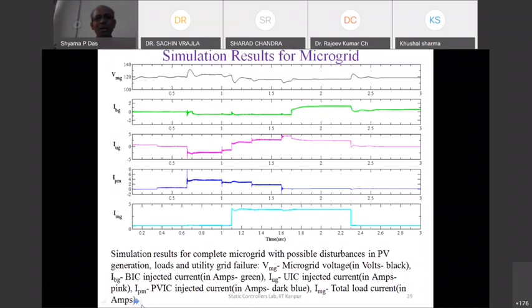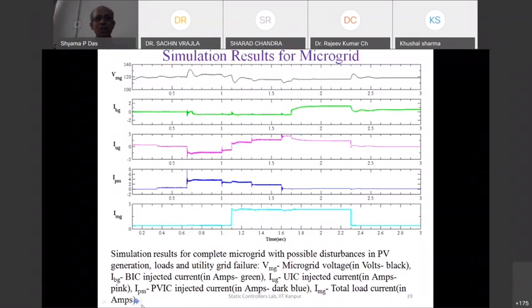So when the brightness falls, the injection to the grid also reduces, and then the load increases at something close to 1.1 second. The load increases at 1.1 second, and this load has to come from the solar and also from the AC mains. So the utility grid, as I already said, there's the reliability of the microgrid. So the utility grid will partly supply the load and partly it will be supplied by the PV source. And then the load almost remains constant.